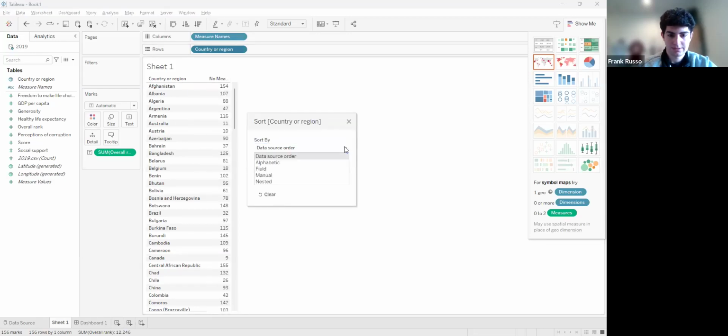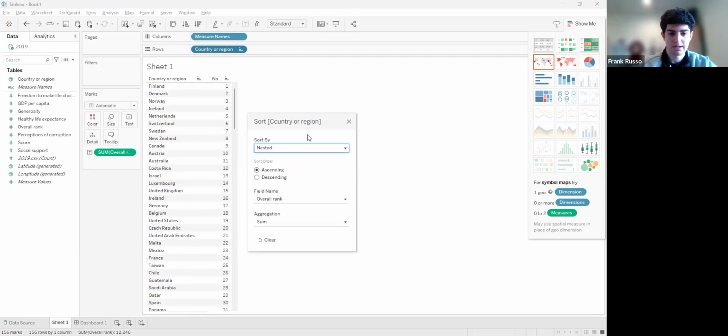and then instead of data source order, you could sort it by a nested value. So for example, right here, it automatically did it by the number, the country rank. So you see field name, overall rank, and the aggregate, the sum. We don't really have to worry about the sum and the average for this data packet because they're all the same, because Finland only has one value. It's not like you're averaging together a few values for Finland,